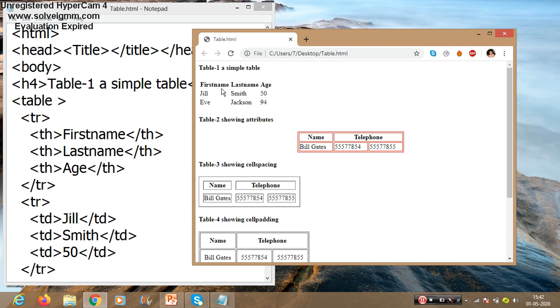Now we didn't show any border, we didn't put any attribute of border, so the border is not there. We have directly entered the data. And then in the second row we have entered the names Jill, Smith and 50. In the third row we have entered another table data having Eve, Jackson and 94, right? In the second table,